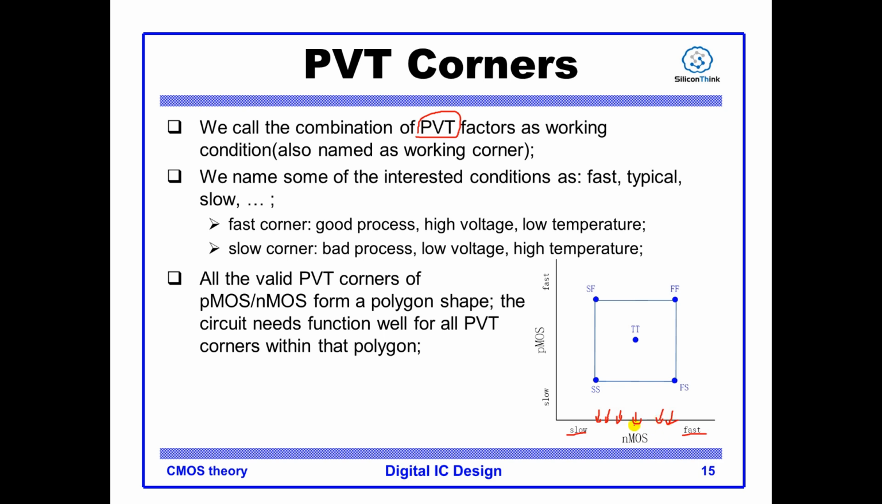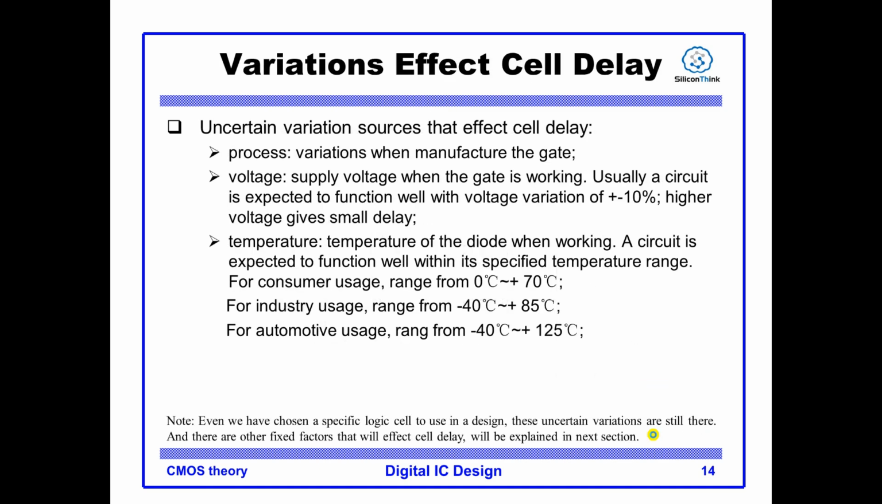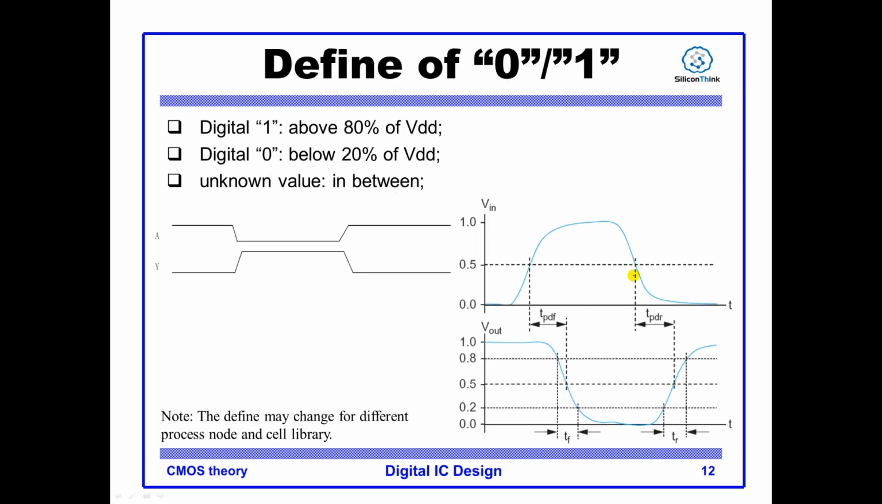If we collect all the valid working conditions up, we will give a line like that. The line denotes the slowest to the fastest condition that the chip is allowed to work at. As we have seen before, in our digital circuit,